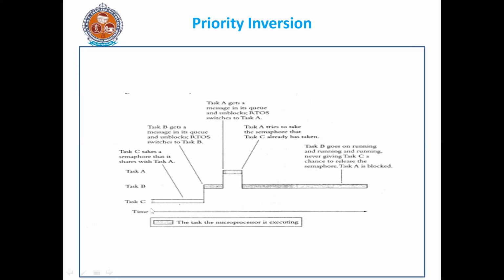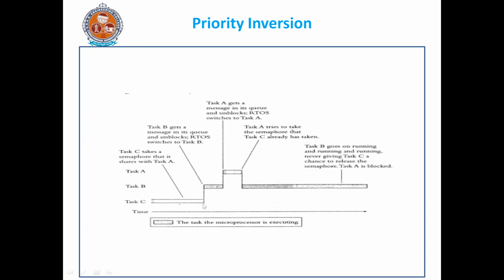Here we have three tasks, A, B and C. This is the time axis of your microprocessor. Now the control is with task C. At this point, task C takes a semaphore that it shares with A, so tasks A and C want the same semaphore.